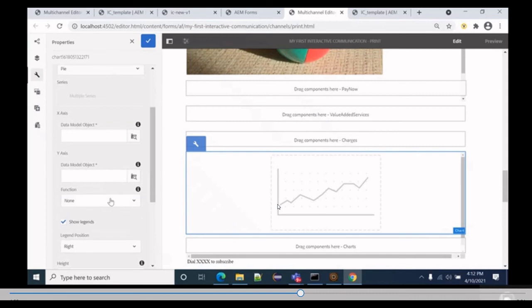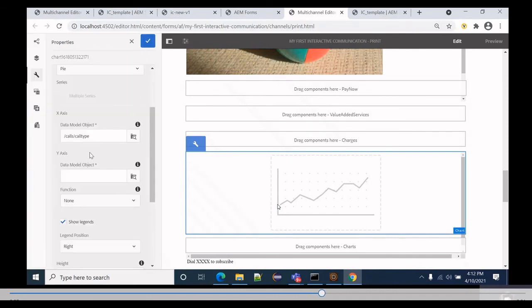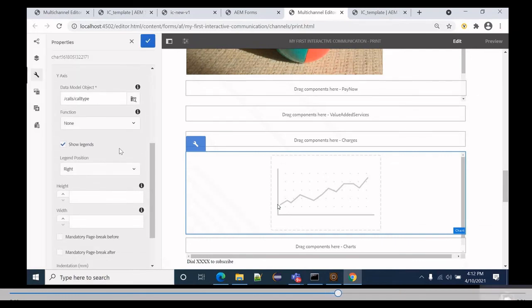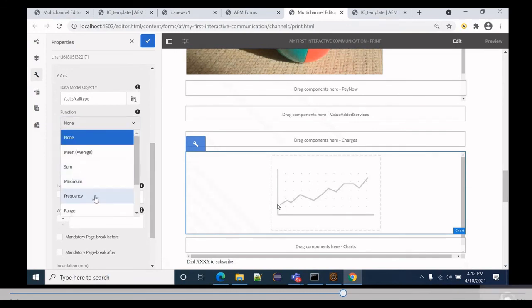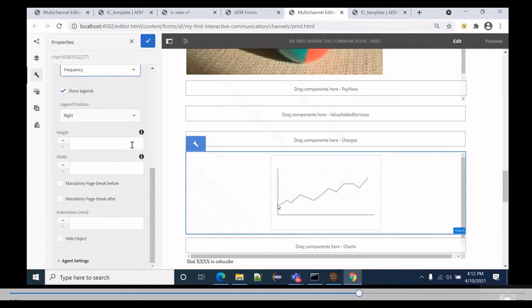Yeah, maybe on call type I want this chart to run on the x-axis, or maybe y-axis also, same thing. What function we want to, so maybe on frequency we want to have this chart. There are configurations we can do. That's fine, we can ignore this.